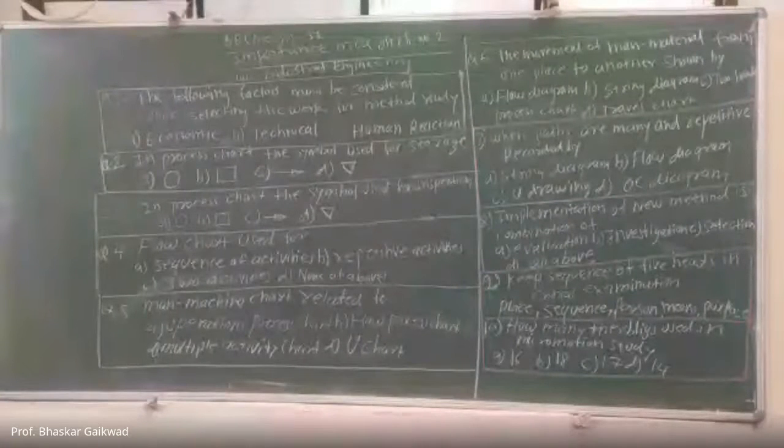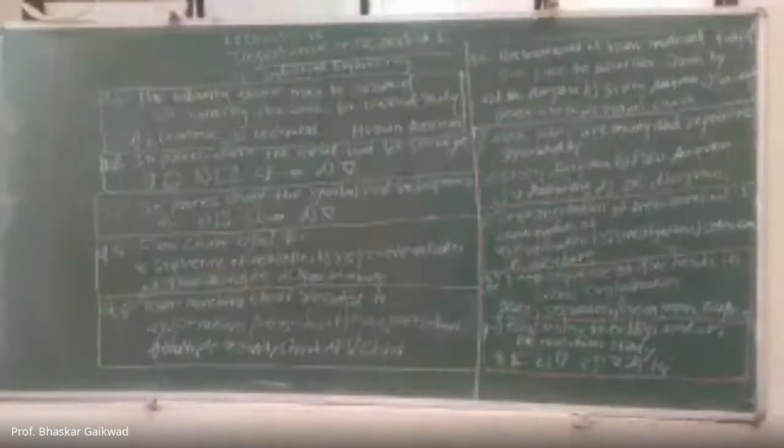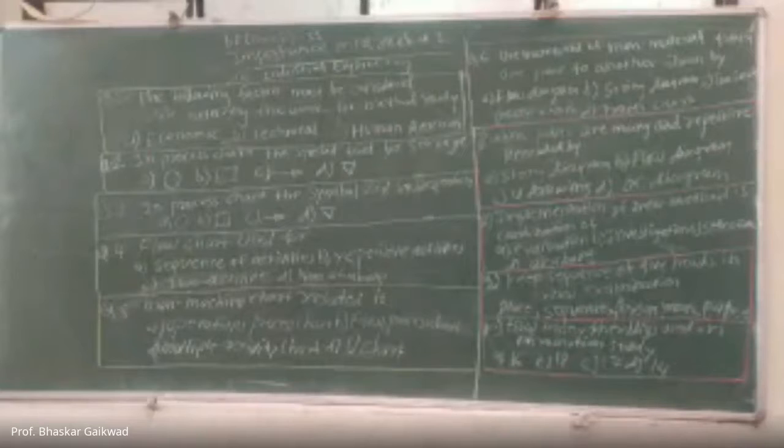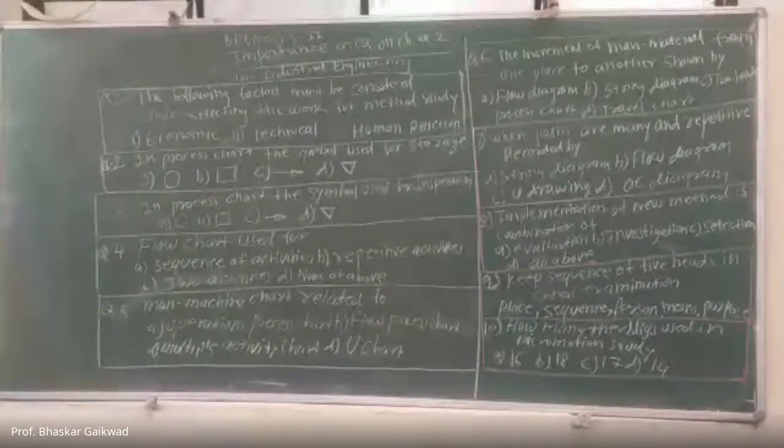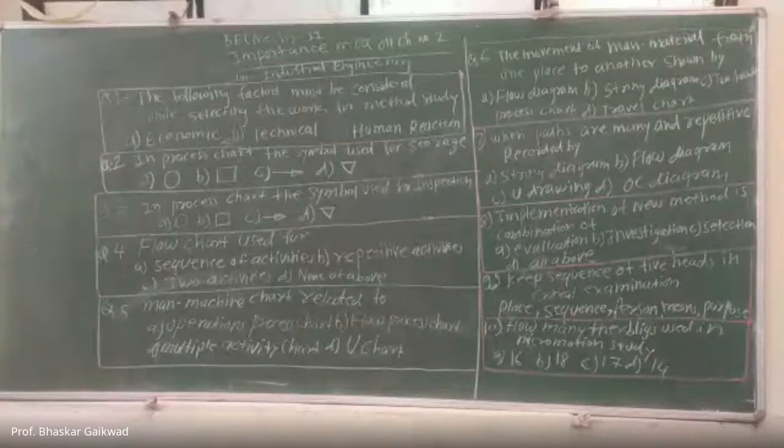Okay. Man-machine chart is related to multiple activity charts. In this man-machine chart, it is related to multiple activity, means one man can handle more than 1, 2, 3 machines like this. Then question number 6, the movement of man and material from one place to another place, that is shown by